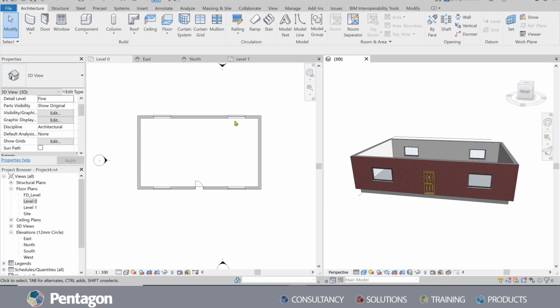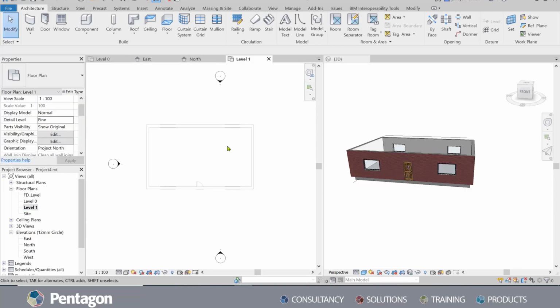So I'm just going to quickly put a roof on my house here. So if I click into level 0 here, it's probably not the best level to be working on when putting the roof in. So I'm going to go into level 1, which you'll see in the project browser. And you'll see that the outline is showing things in the level below, which are sort of half-tone, which is okay because we can still select them.